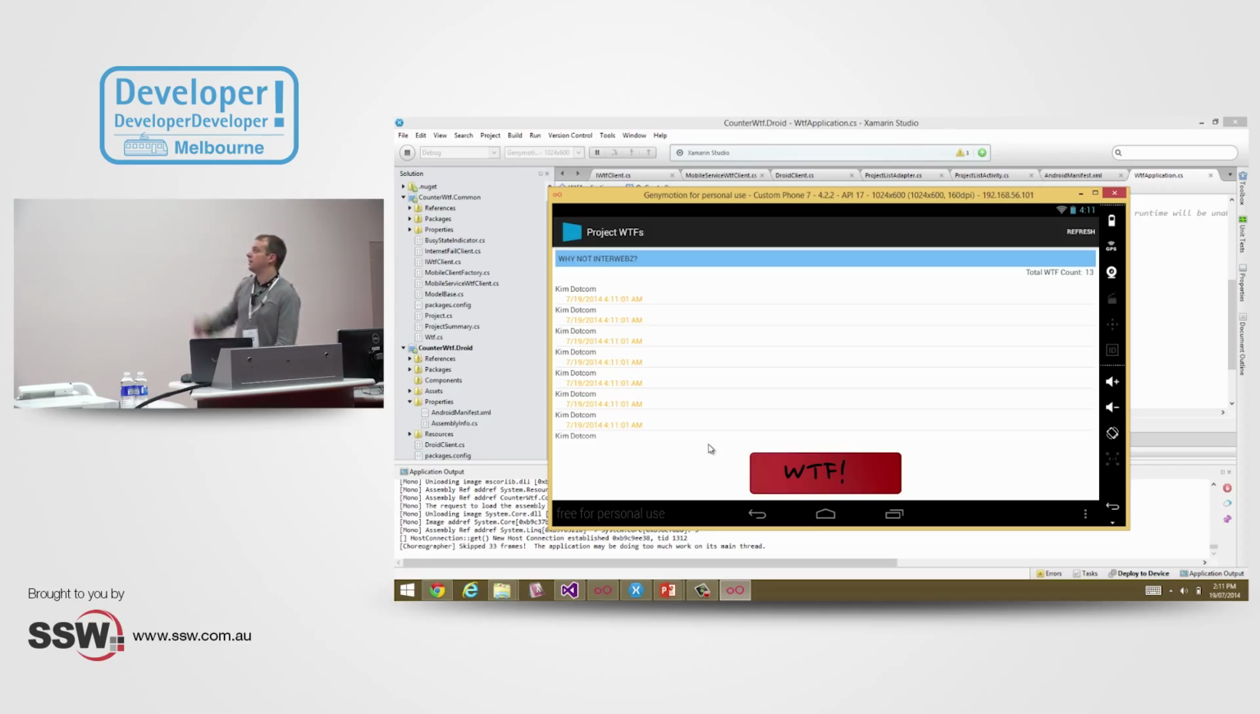I've just got my user and then the date and time that WTF was registered. So you'll see in the top right-hand corner, the WTF count is ticking up. In terms of the code,